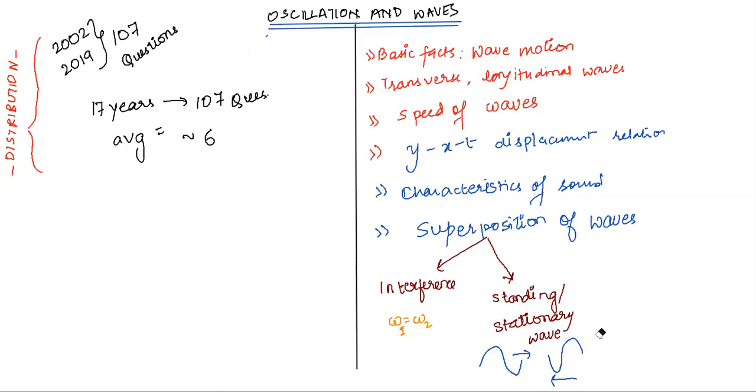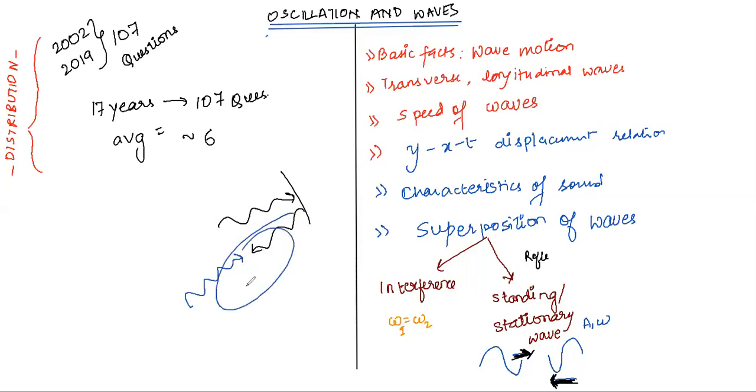And again, very important, for stationary waves to build, as I just told, A and omega should be the same. At the same time, the most necessary condition is that the waves should be coming from opposite directions. And generally this happens as a result of reflection. A wave was going somewhere, right? A surface came in between and it got reflected. So the wave which is already coming and the wave which got reflected, both of them superimpose, and that is how a stationary wave is formed.